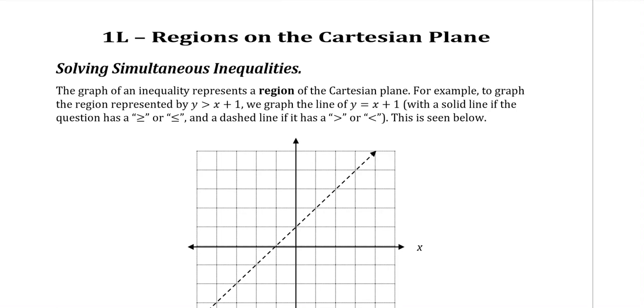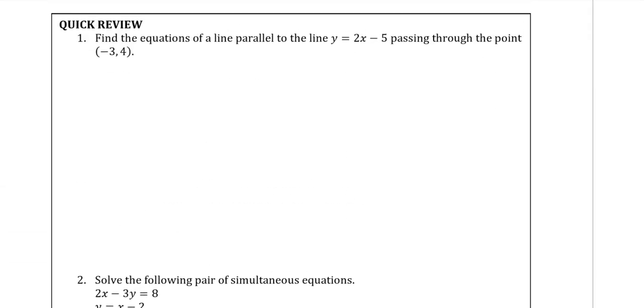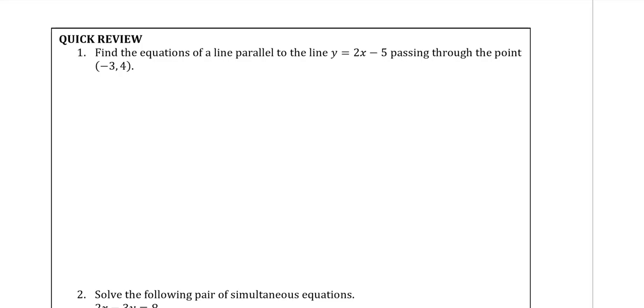Hello, Year 10. Today we are finishing off the topic by learning about regions on the Cartesian plane, but a couple of revision questions first. And this first one is from a few lessons back now. It says, find the equation of a parallel line to the line y equals 2x minus 5, passing through the